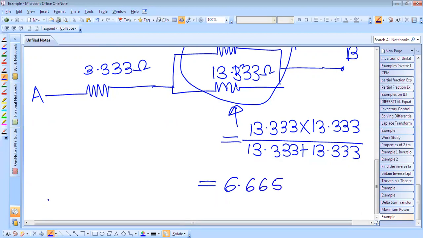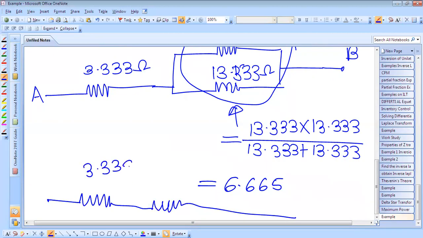Okay, so the total resistance will be, this is 3.333 ohm, and this is the 6.666 ohm. So as these two are in series,